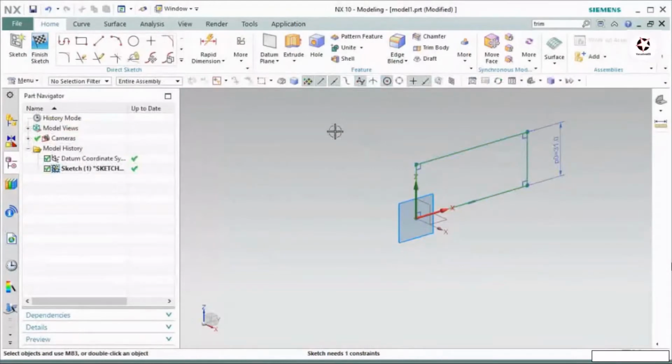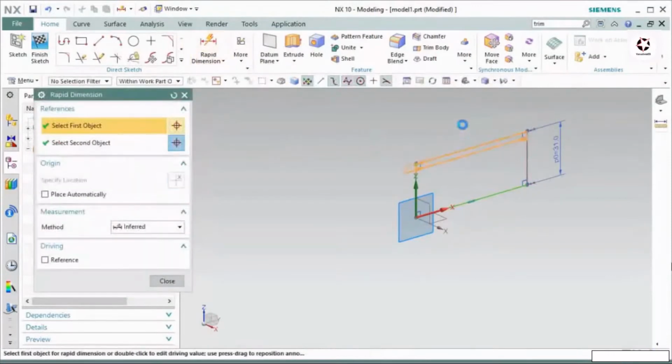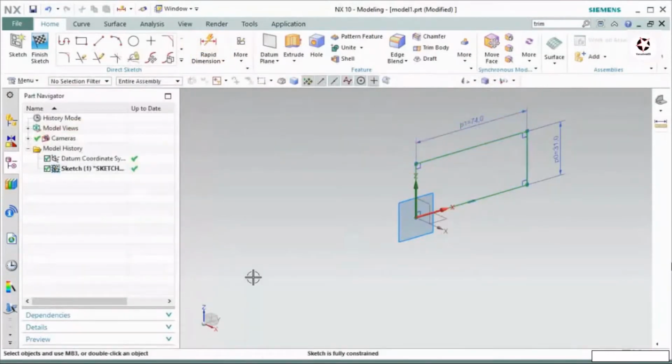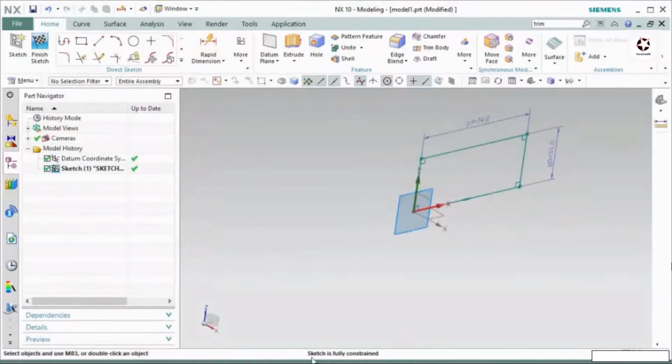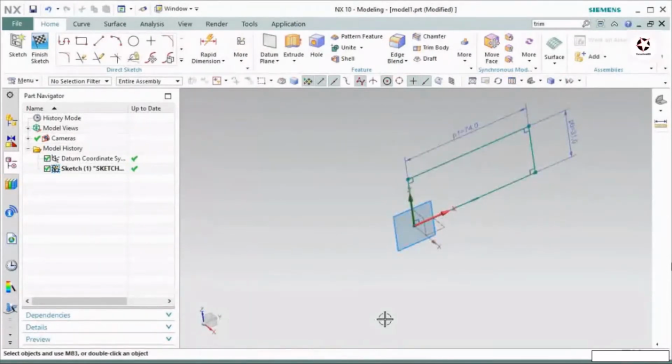This time you can see it is showing the sketch needs 1 constraint. Let's say you have a very complex sketch and you need 5 constraints. You do not know how many constraints you have to put. So now you know that you need at least 1 constraint to make it fully defined. If I want to make it fully defined, I will put another dimension, then press close. Now you will see this gives you important information, which is that the sketch is fully defined. So this type of information you will find from this status bar.